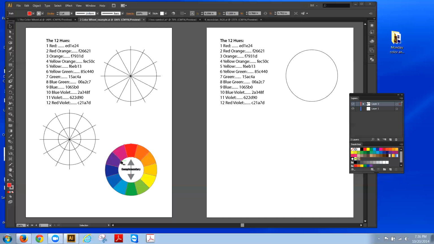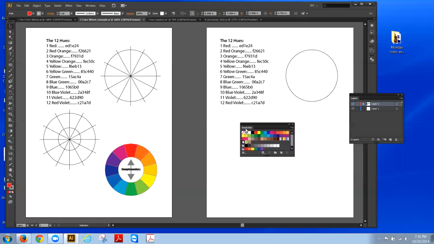Okay. So now what I'm going to do is start showing you how I create this guy right over here. Oh, before I do that, there is one thing though. I wanted to bring out the color swatches because I was talking about that before you guys showed up. So I got these color swatches in here, and these are the basic colors that come when you open up any document, more or less. They don't mean anything to me, and they kind of make things a little bit of a pain for me. So whenever I work in Adobe Illustrator, one of the first things that I do, aside from setting up a document,